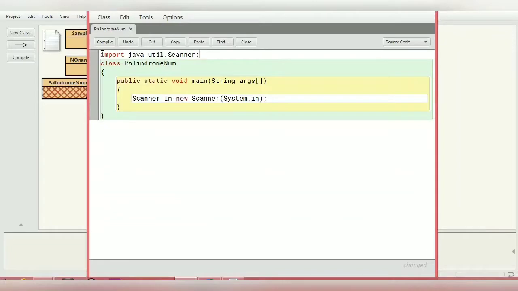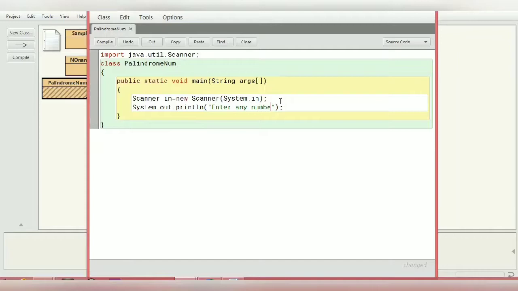Okay. Once I have decided we are going to take the input from the user, then obviously we have to give a prompt to the user to give a number. So System.out.println, so we have to give an information for the user: enter any number.